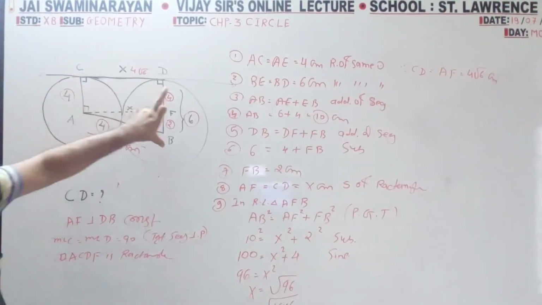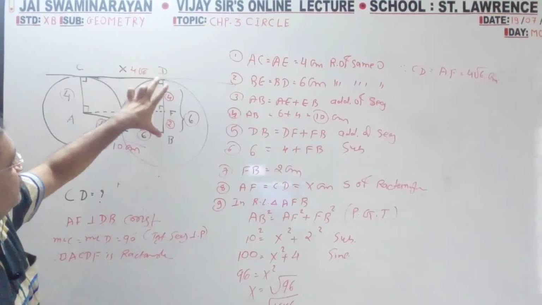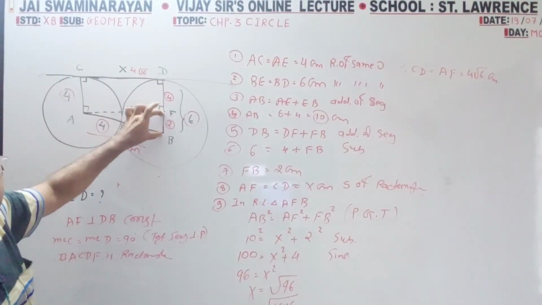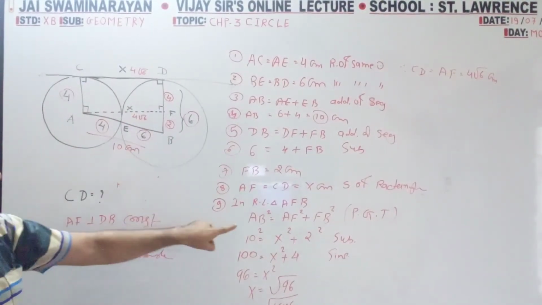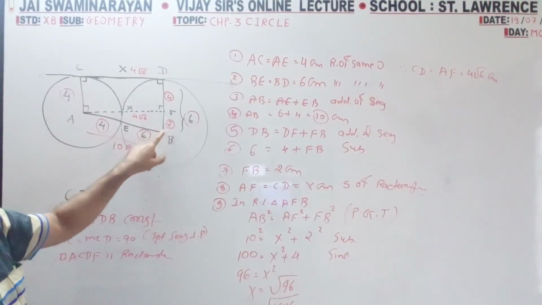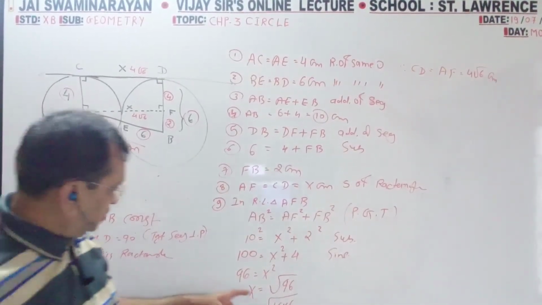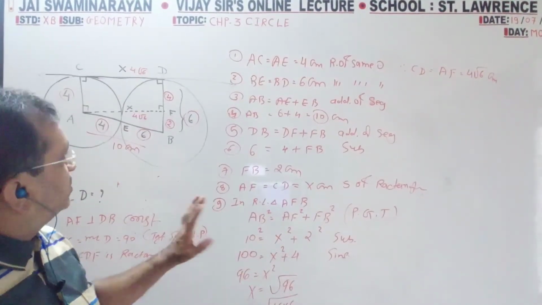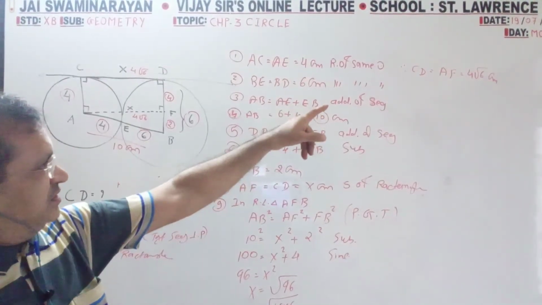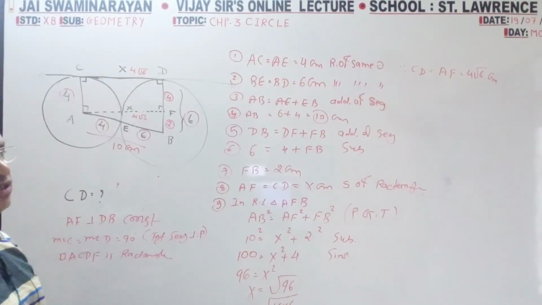4, 4, 6, 6. I have drawn perpendicular, so 4 is equal to 4. Out of 6, 4 reduces, 2. So this is 2, this is 6, this is the question. So in Pythagoras I have substituted two values. 10 square minus 4 square, 100 minus 4, 96. 16 fours are 96. So 16 square root is 4, root 6 will be root 6. So final, that is the opposite side of the rectangle. This is 4, 4. This is 4 root 6, 4 root 6.